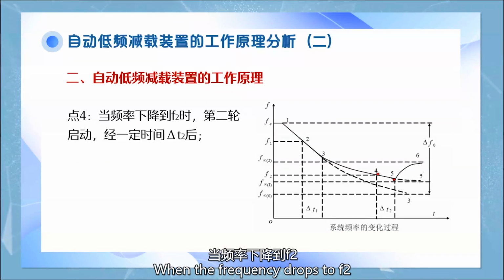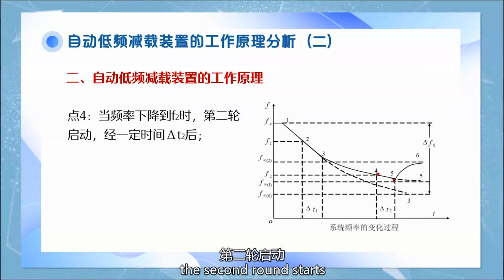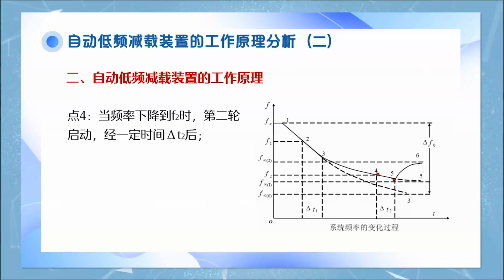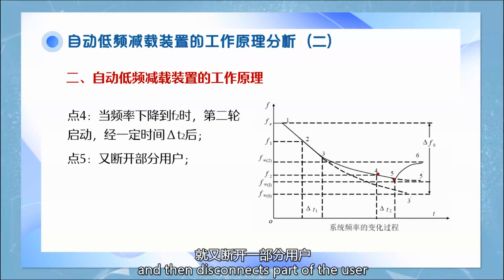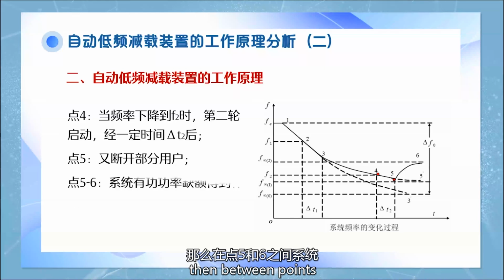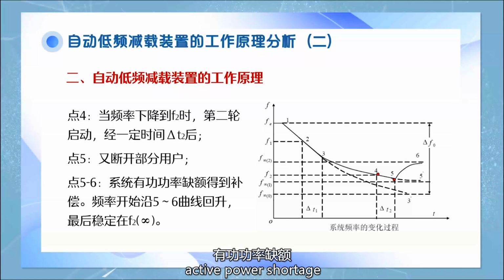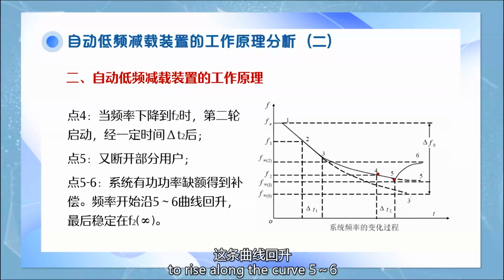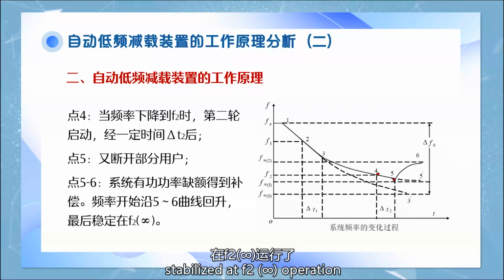When the frequency drops to F2, that is point 4, the second round starts. After a certain time, delta T2, it reaches point 5, and then disconnects part of the users. Then, between points 5 and 6 of the system, the active power shortage is compensated for. The frequency begins to rise along the curve from 5 to 6, and finally, the frequency is stabilized at F2 infinity